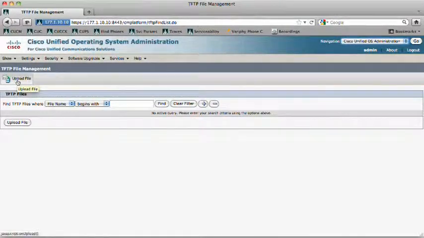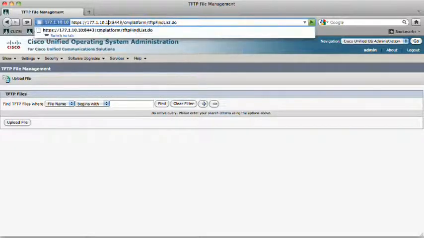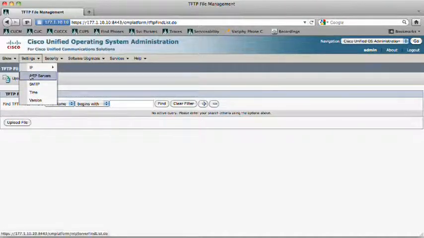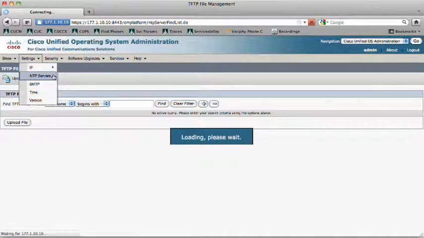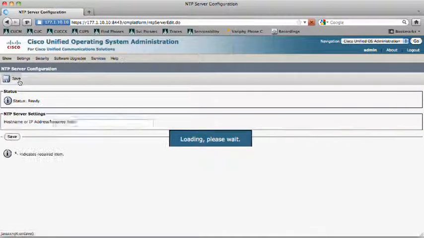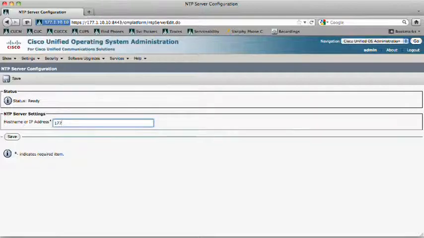And if we do it on both pub and sub, we need to not only upload the file to each pub and sub, so change the IP address from .10 to .20 and upload it there as well, and then also restart the TFTP services for both. Okay, we're going to go up here to Settings, NTP Servers, and we see that there's 0 records found currently, so we're going to add a new server,